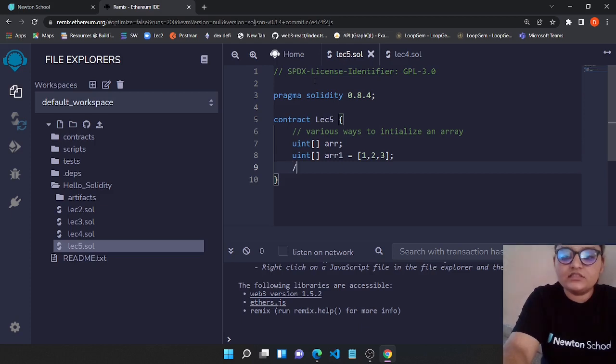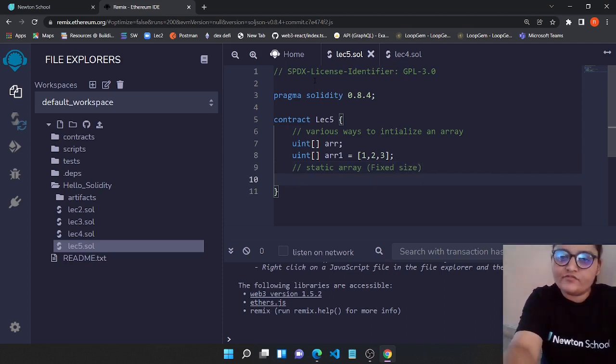Now there is a third way. These two ways were the dynamic type of arrays, but now we will have static arrays, that is, how you can declare an array with a fixed size. Fixed size particularly means that this array could contain only this amount of values.